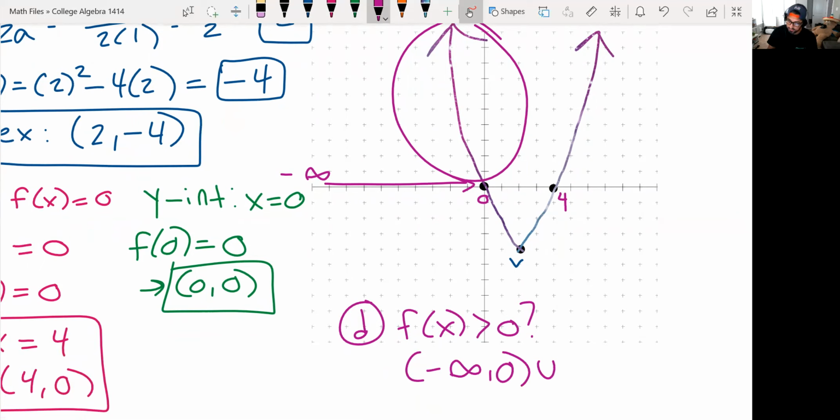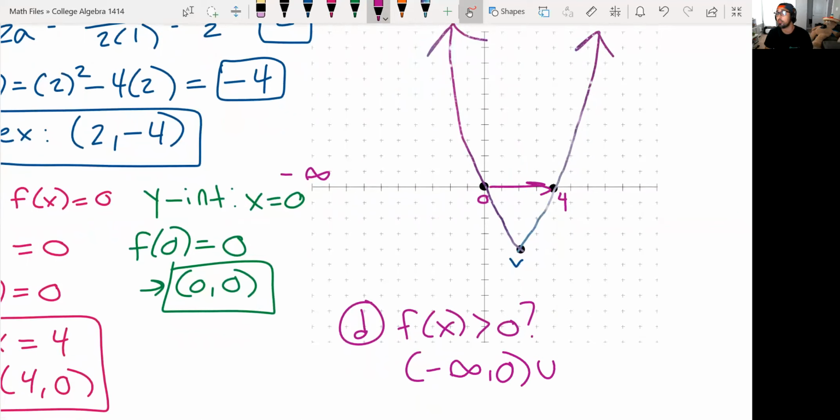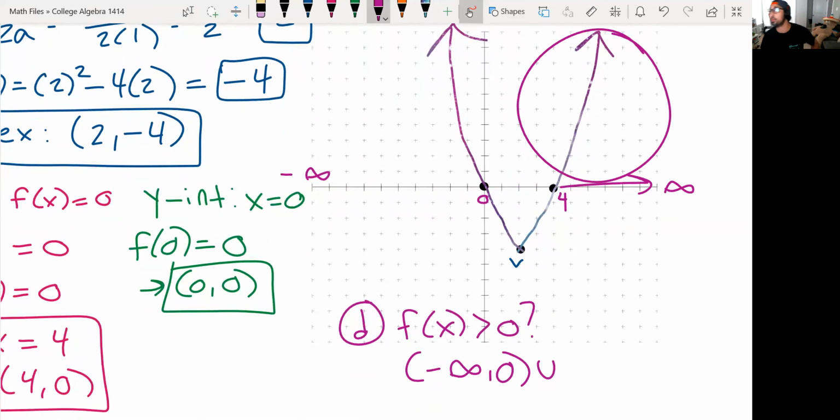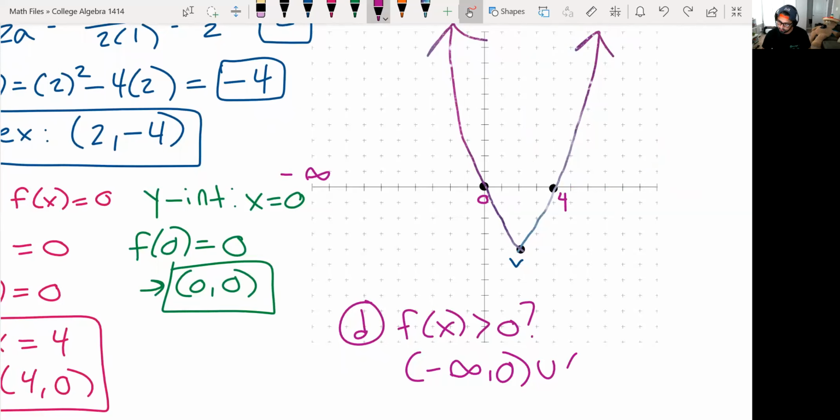Union, because then we keep looking, and as we keep going, from 0 to 4, we are below the x-axis. We want to know where we are above. So we don't, after 0 to 4, we go from 4 to infinity, and look at the graph. Once again, we are above the x-axis. So this means that we'll have union 4